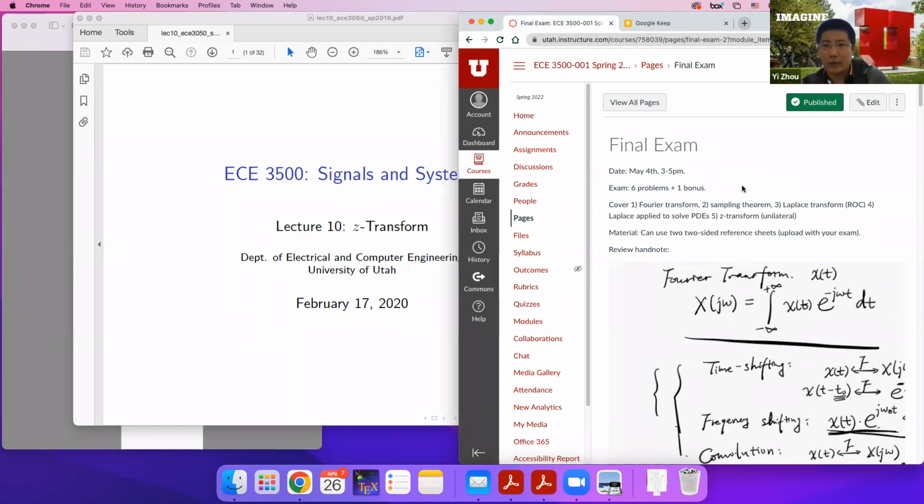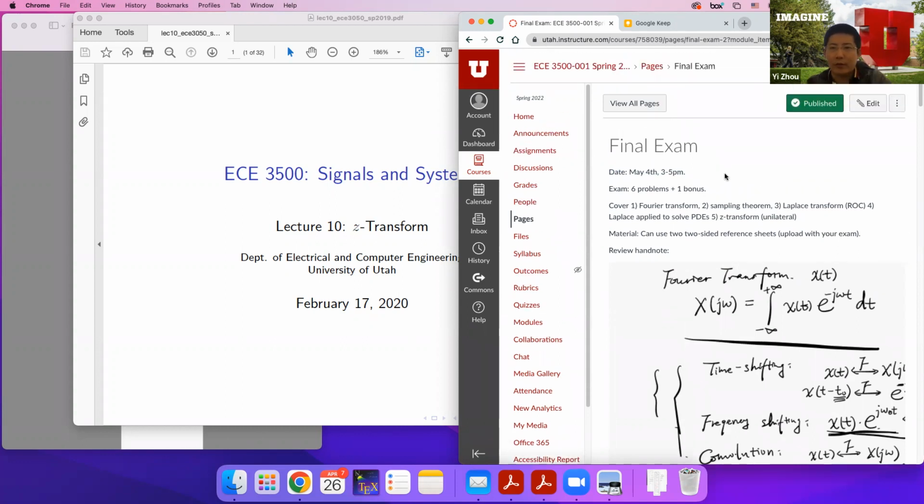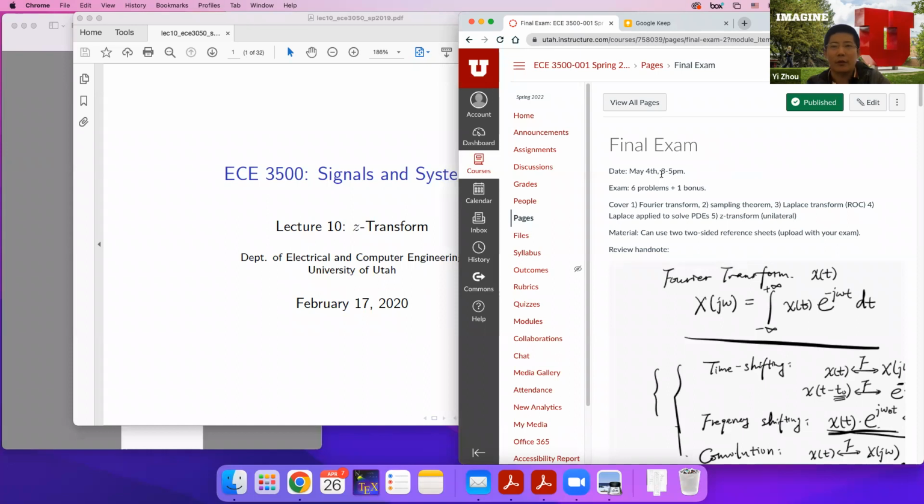Okay, so the final exam is on the 4th, 3 to 5 p.m. It's a 2-hour exam, longer than the midterms. It has 6 regular problems plus 1 bonus problem. And of the 6 problems, I think probably 3 to 4 of them will be related to the